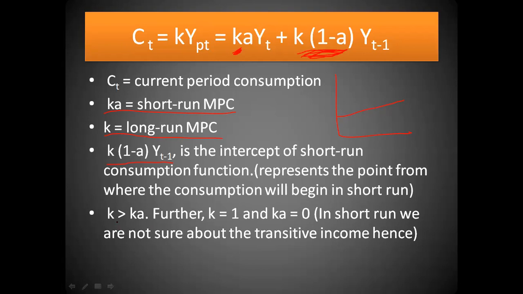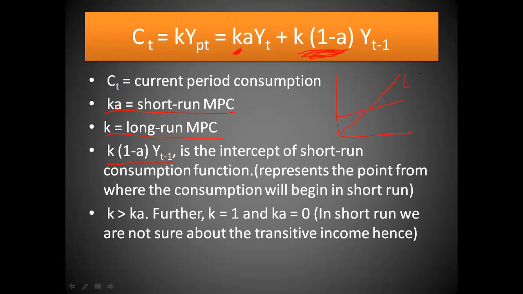Now, K, long run MPC, is always more than the short run MPC. The long run में हमारा consumption function ऐसे होता है, ठीक है, linear consumption function होता है, एंड शॉर्ट रन में हमारा जो फंक्शन होता है वो थोड़ा फ्लैट होता है, जो हमारा कर्व होता है दैट इज स्लाइटली फ्लैट। अब इसका जो स्लोप होता है फ्लैट कर्व का, वी ऑल नो दैट इज ऑलवेज लेस देन अ स्लोप ऑफ कर्व व्हिच इज स्टीपर इन नेचर। जितना ज्यादा स्टीप होगा उतना ही ज्यादा स्लोप ज्यादा होगा, एंड जितना कर्व फ्लैट होगा उतना ही उसका स्लोप जो होगा वो कम होगा।